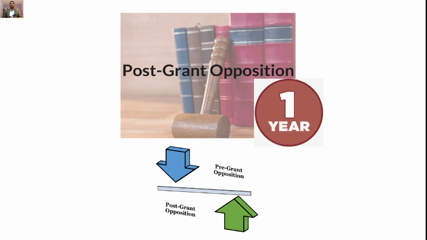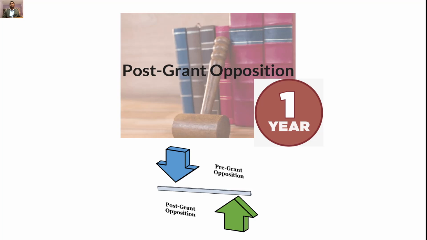You can start tracking your application through the application number also, and people can file opposition to it by submitting their opposition request in the prescribed form, by paying the prescribed fees, and they have to submit suitable evidence, and then they are taken care of in a separate way.